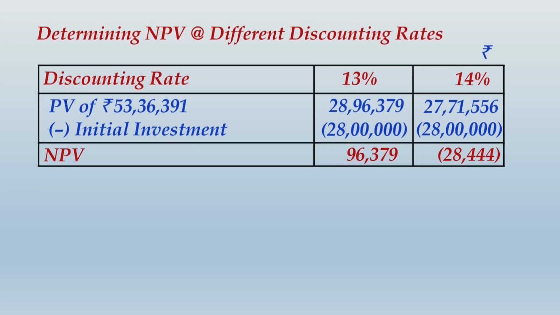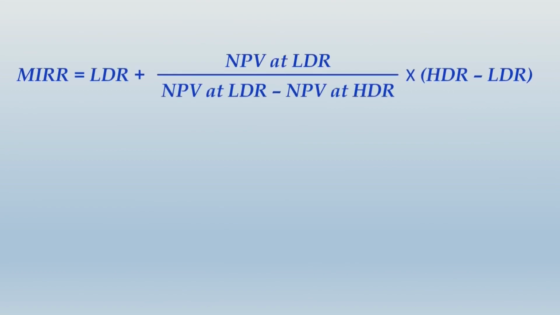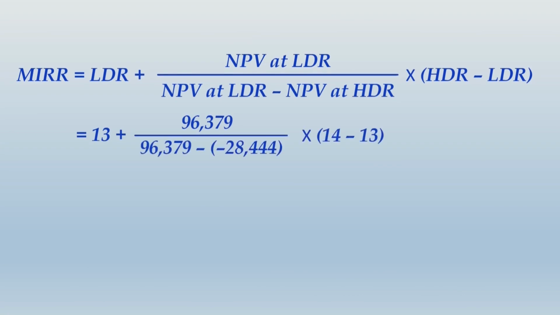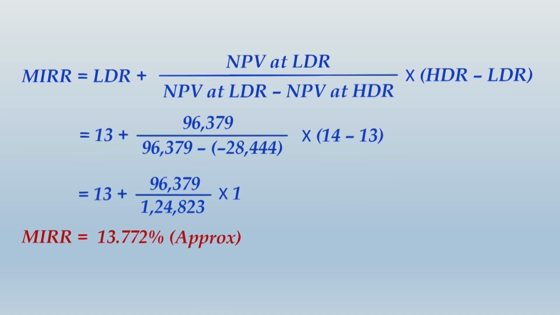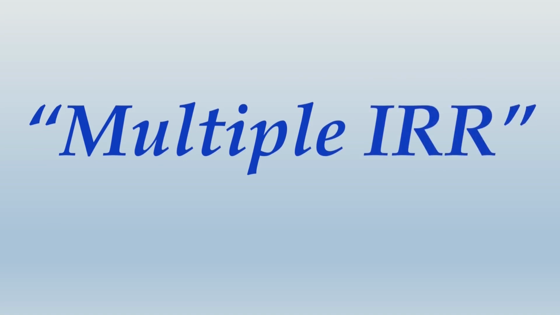Now we know that MIRR or modified IRR is between 13 and 14%. So let us interpolate these two rates and find what that modified IRR is. Now I told you earlier also, there is nothing unusual about this question. Everything is just a repetition over here. I don't have to explain it to you, but I am guiding you definitely. And I have told you the next couple of questions you have to solve on your own. Modified IRR in this case is 13.772%.